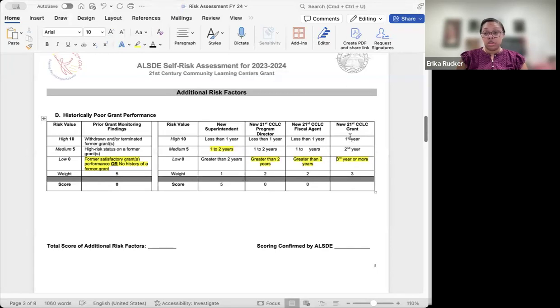But if you're cohort 17 and you're brand new, you could very easily be first year, and that's okay, because that is an additional risk factor. We need to make sure that we are able to give you more training and keep our eyes on you a little bit closer because you're newer and you are learning the 21st century stuff. That's what the additional risk factors is for. So 0 times 3 is 0. So we have 5 on this page,